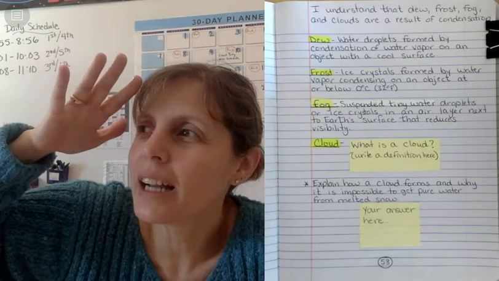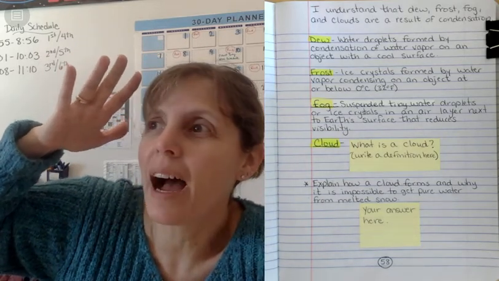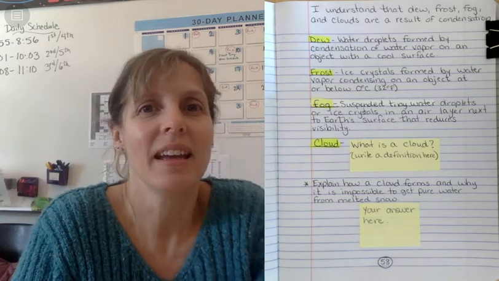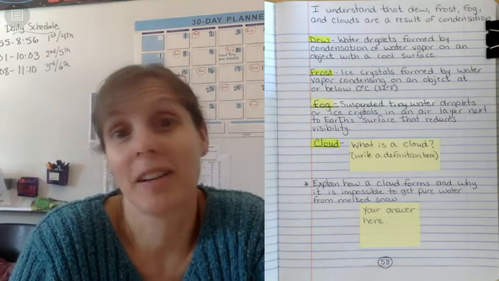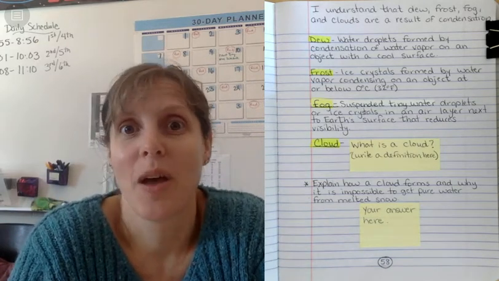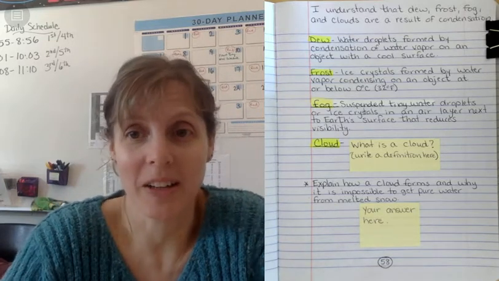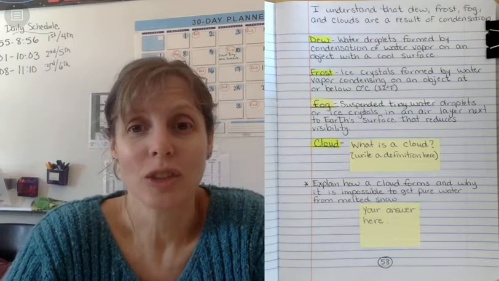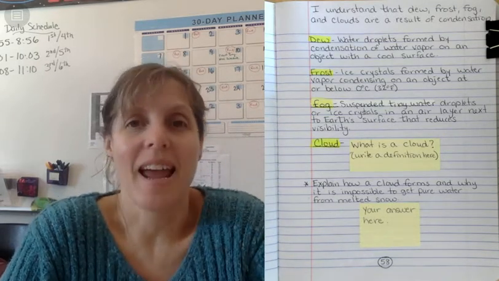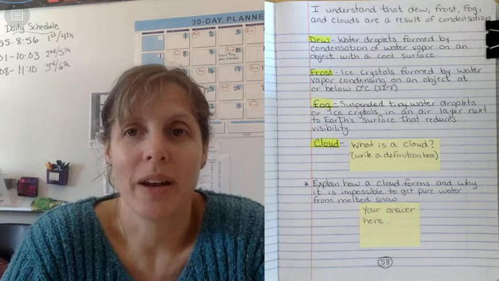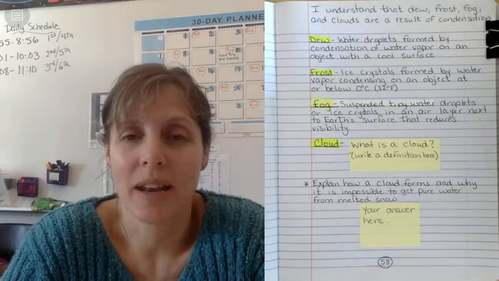Looking outside, I see some clouds and some sun. And that's good, because clouds mean that there's water in the atmosphere, and sun means that the water cycle is going to be moving. So that's awesome news. Today, we are going to talk about dew and frost and fog and clouds and how they are a